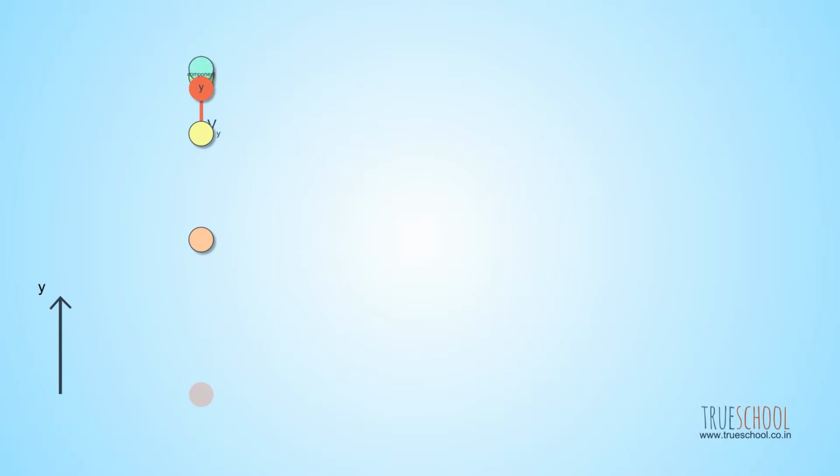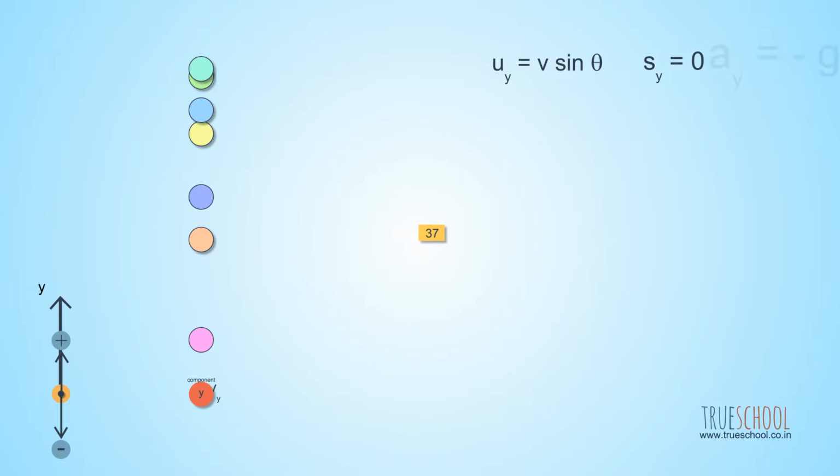The ball is going up and stops and then comes down. As usual, we will decide the sign of direction and choose an origin. Let's keep the origin at the initial position and downward direction as positive. What will be the value of its initial state variables? The y component of velocity is v sine theta. So, this is our initial velocity. The ball is finally coming back to the same point on the y-axis, so s is 0 and a is equal to g. Yes, that's it.